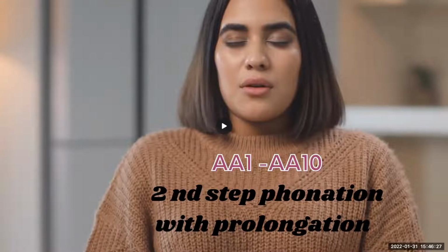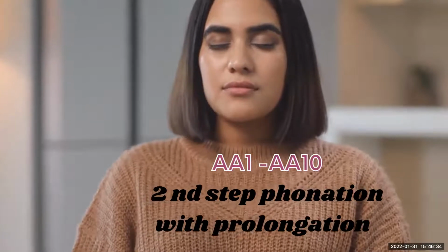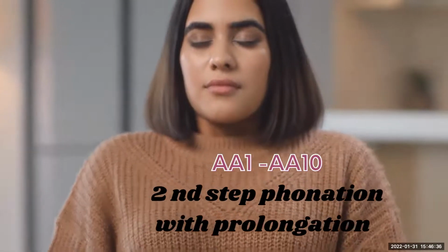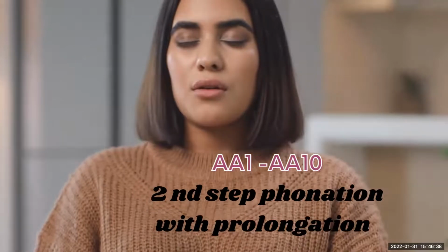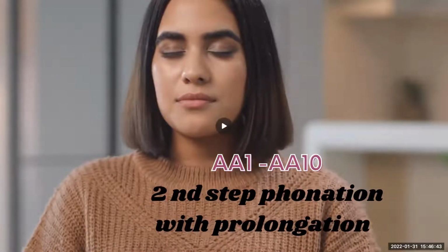Here is the second step, which is phonation. You are going to do it with me. First, do breathing. Breathe in, and while leaving the breathing, say